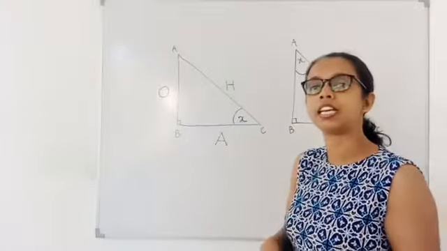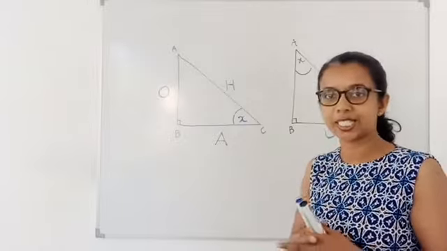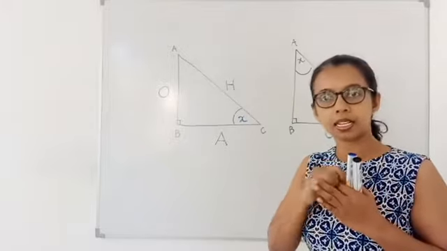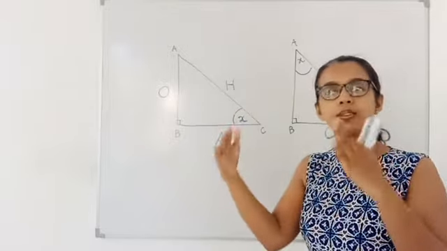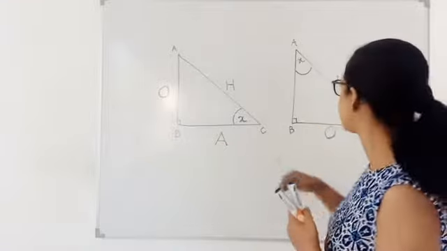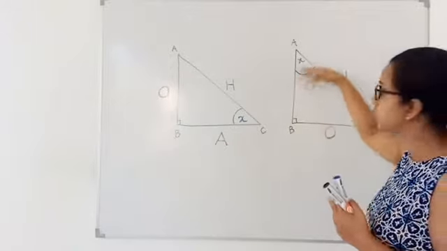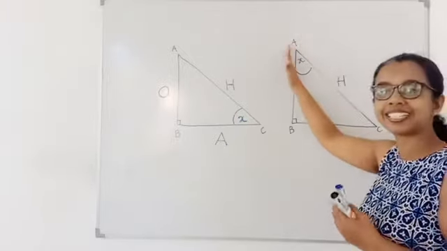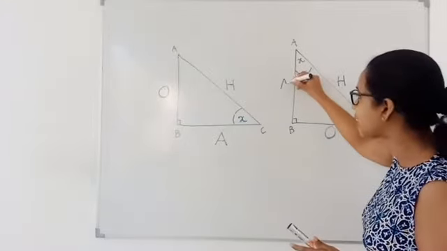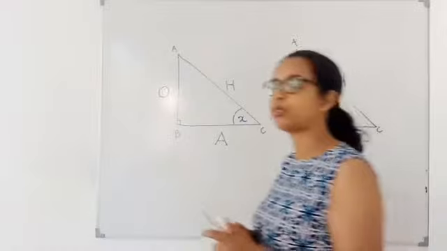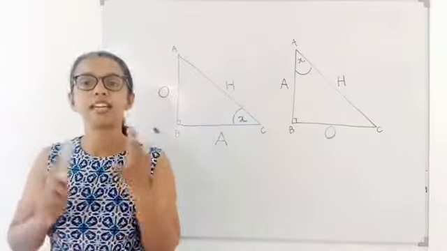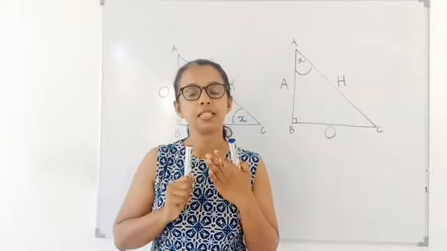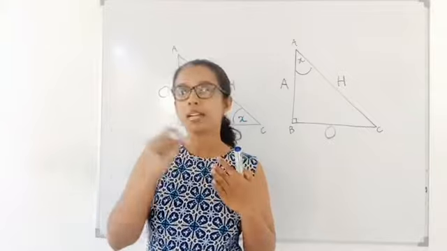Then what was the definition I gave you for the adjacent side, children? I told you, the adjacent side creates the selected angle together with the hypotenuse. This is the angle I selected. So this is one side and there should be another side to form this angle. So this is the other side. Then that becomes the adjacent side. Hope all of you can understand how to identify the hypotenuse, the opposite side and the adjacent side of a given right angle triangle with the marked angle.